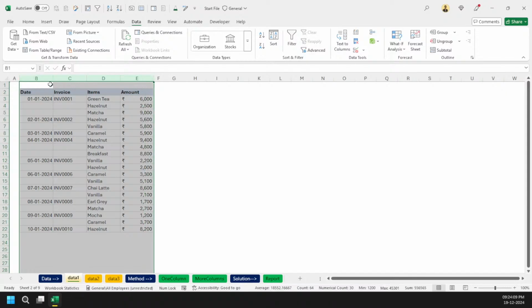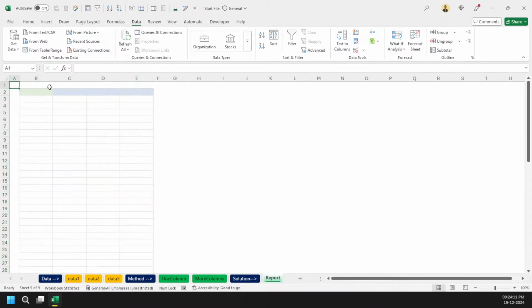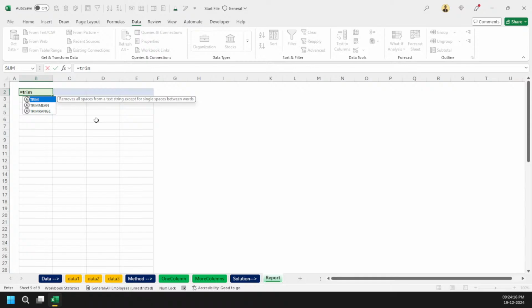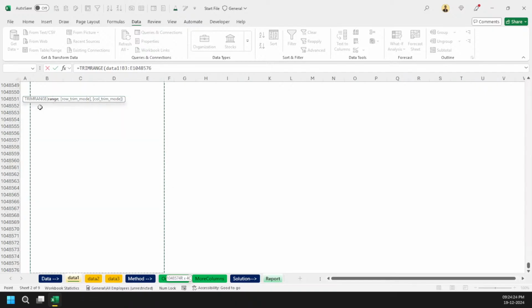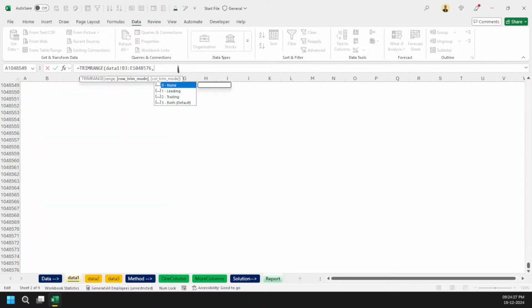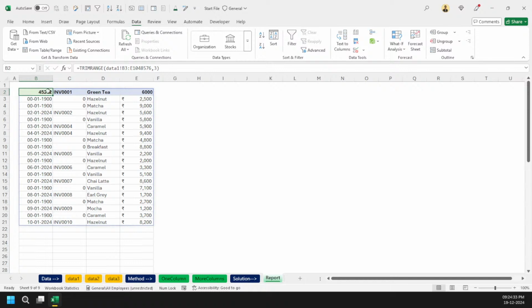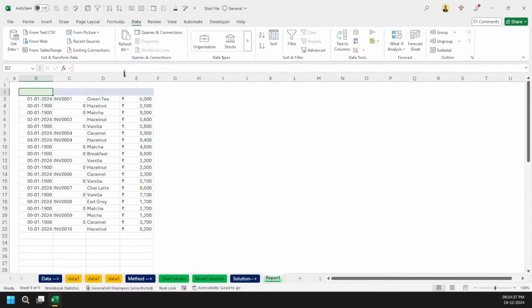If you can see here, I'm going for VSTACK, and let's see, I'm going for TRIMRANGE. I recently got this function, and I'm selecting this whole column directly from the right. And what I can do is stop row trimming and everything. So you can see here, I've got the data which I wanted. Let me remove this much. So I've got the data.